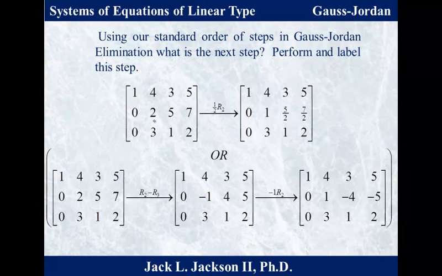Or I can do it this way. I can take row 2 minus row 3, it's going to put a negative 1, and then just change the signs. So, that's what I did here. I left row 1 alone and row 3 alone, and say, subtract here. 0 minus 0 is 0. 2 minus 3 is negative 1. 5 minus 1 is 4. 7 minus 2 is 5. And then multiply this by negative 1, which changed all the signs in row 2,